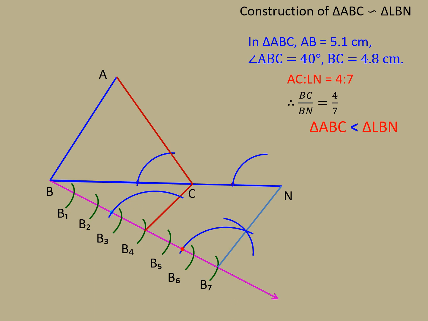The same thing we will intersect the previous drawn arc. Then we will draw a line from N through that point and extend AB, which will intersect both at point L. These are the steps we have to take to construct the triangle. Clear? How to draw it is coming up in the video given below.